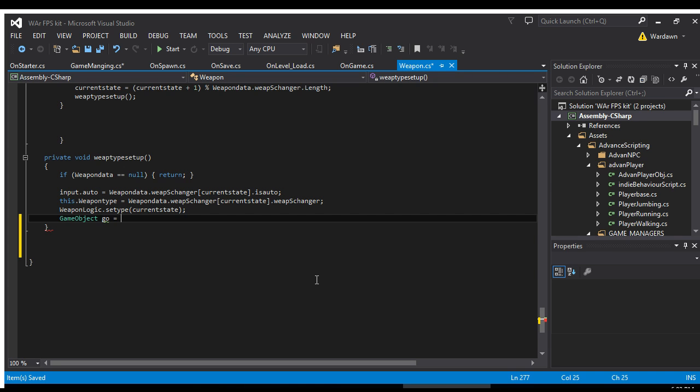We just go into here, game object, then we would go game managing dot